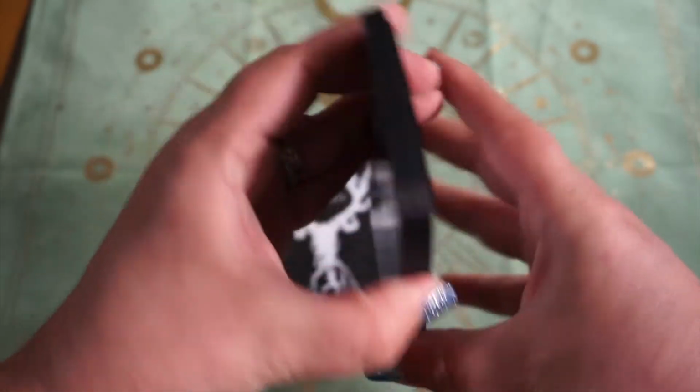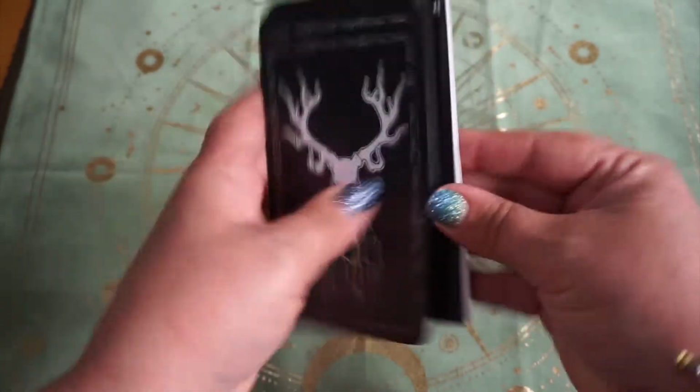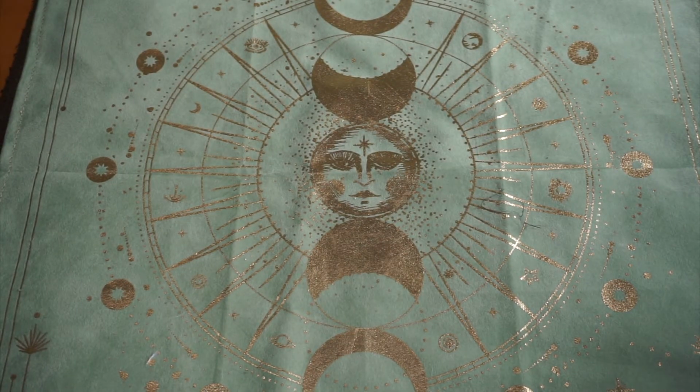But yeah, it's just a cute little deck, a sweet little deck. I think it's like 30 some odd cards. It's fairly small. I did edge mine in black. And that's it. That's the Mystical Misfits. Super cute. So as I said, that's like the last, what I would consider true Oracle deck. The rest of them, well, I mean, I guess that's not fair to say. The rest, though, are a little